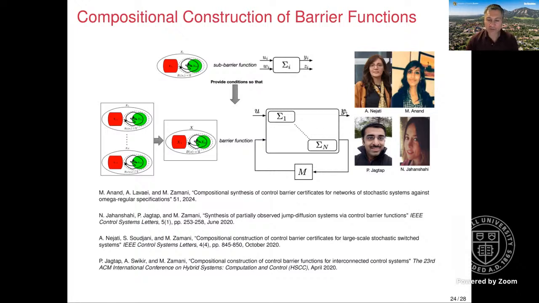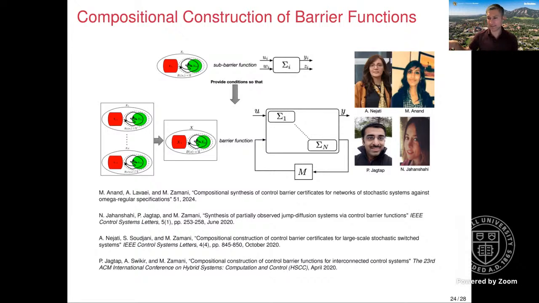If I have a large scale interconnected system composed of n components, my task is to search for a control barrier certificate for this overall system. But this overall system can have thousands or millions of state variables, and the search for this function can be very complex. So what I will do is look at this large scale system as an interconnection of components. Rather than searching for a function for the overall system, I search for some sort of certificates at the level of subsystems only,